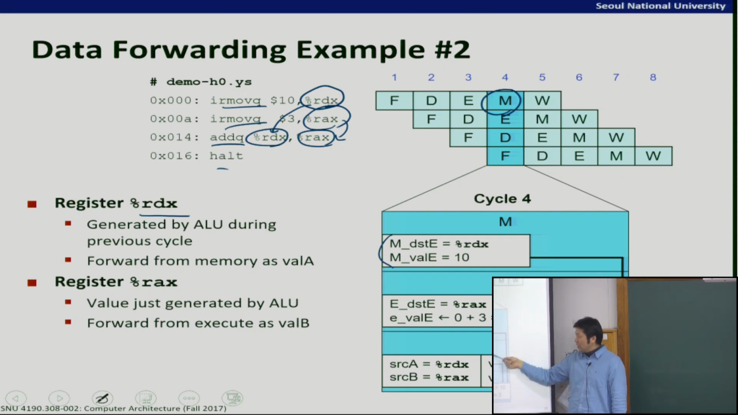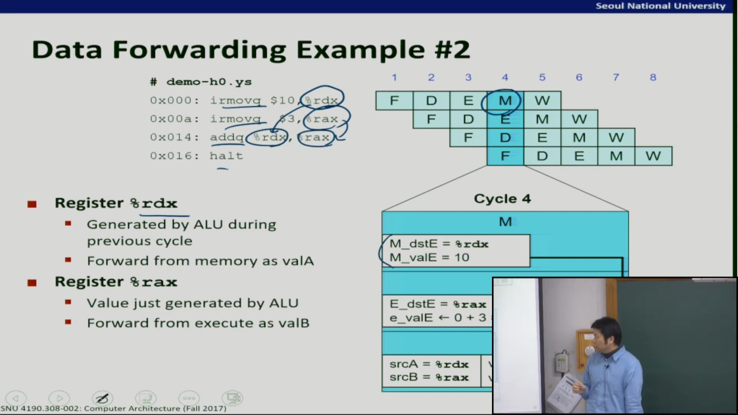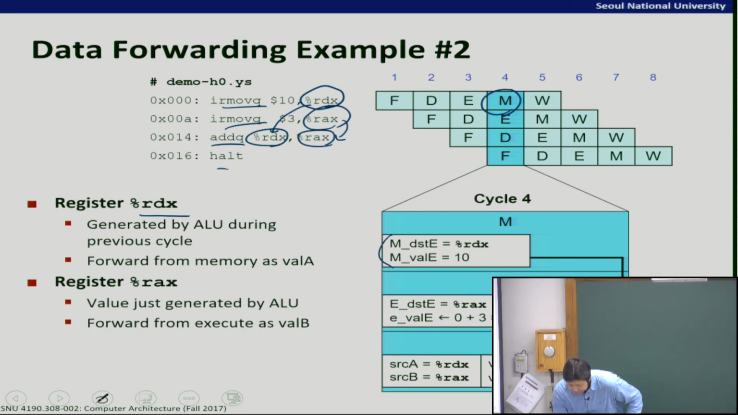And in E stage, dstE is the RAX register, and val E is 3. So this instruction will update the value of RAX with 3, right? It will happen in the write-back stage. The value is already available, but write-back will be delayed until the write-back stage, right? So once this situation happens,